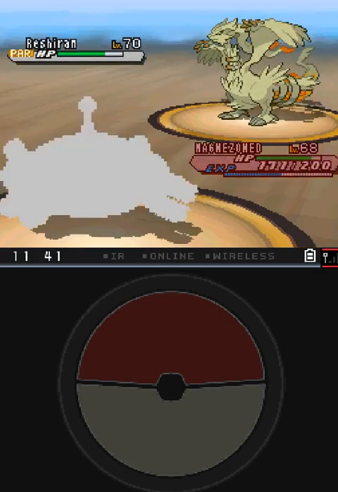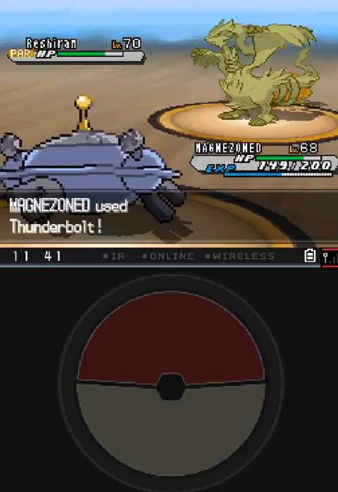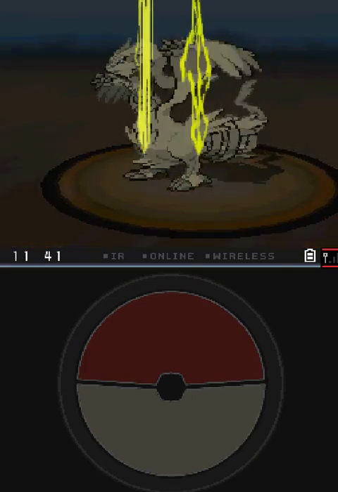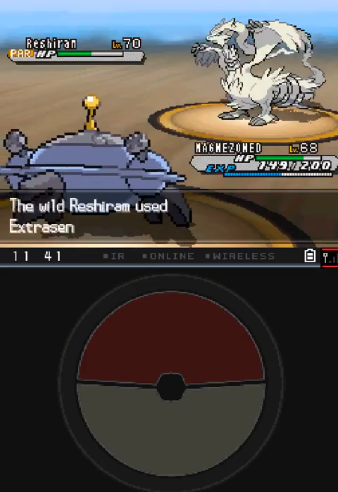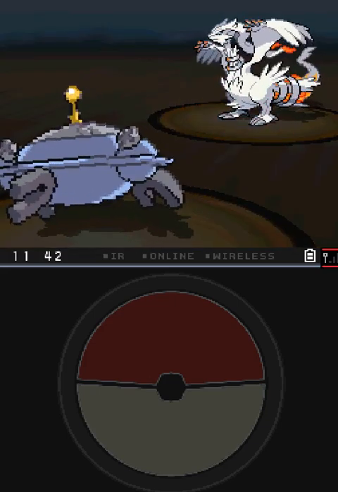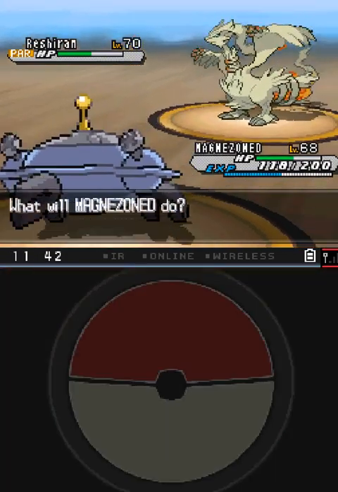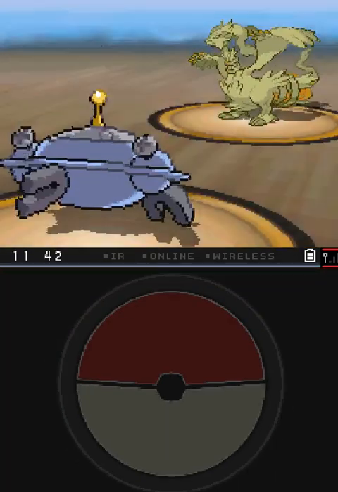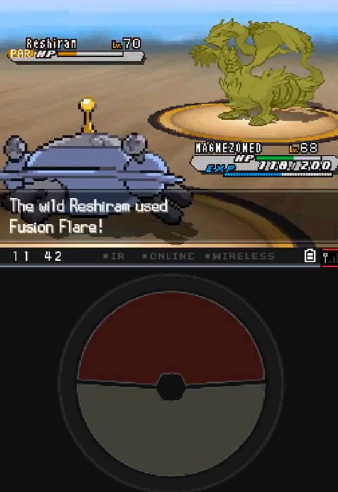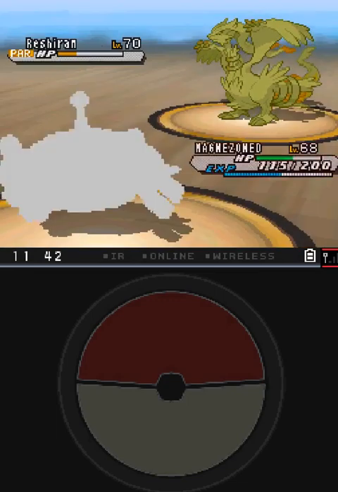Goes for the Dragon Pulse. We check that and go for another Thunderbolt. That should do some real damage. It's Extrasensory, such a weird move to have. So he has Dragon Pulse, Extrasensory, and Imprison. What's the last move? It has to be a fire type move, right? Fusion Flare, exactly. We need that move